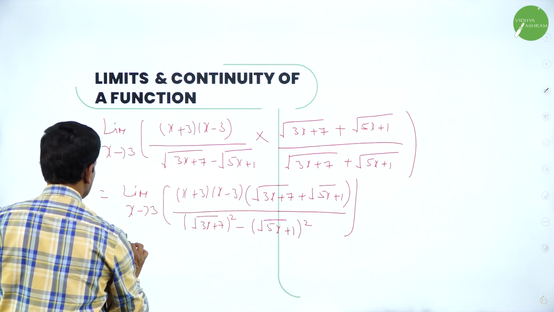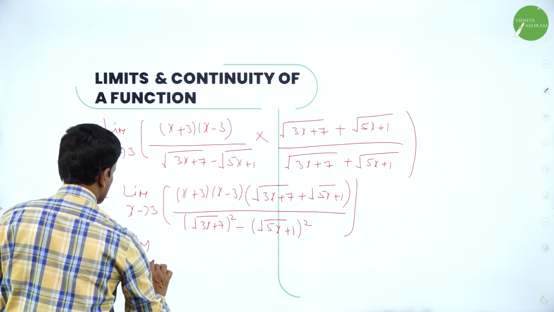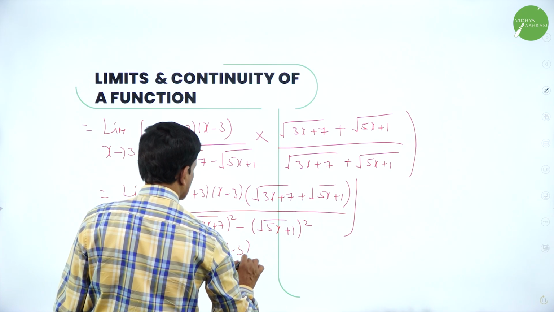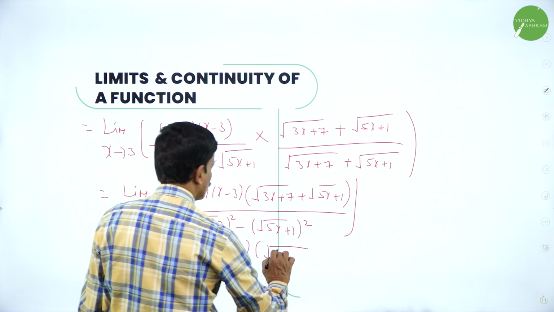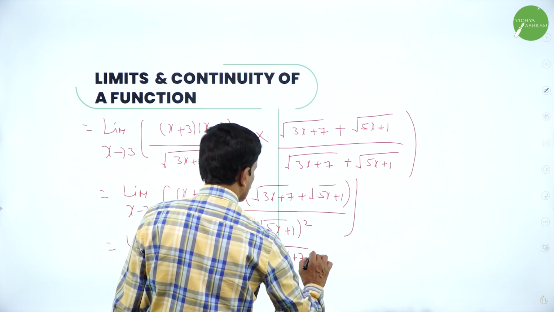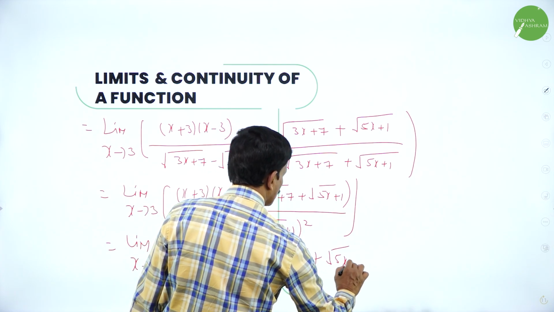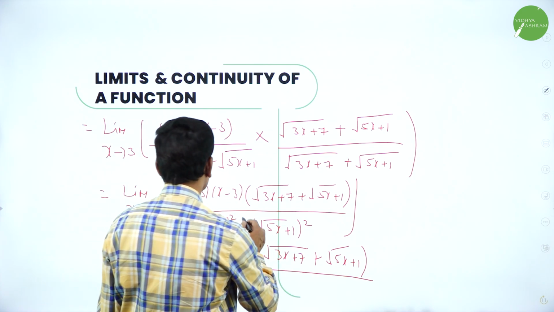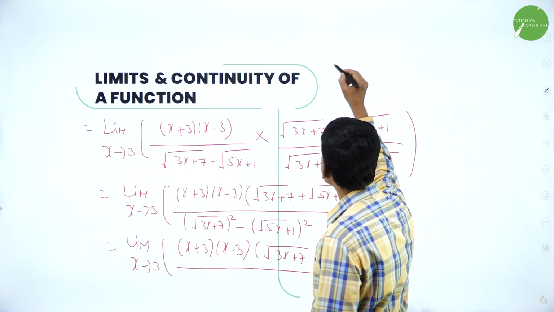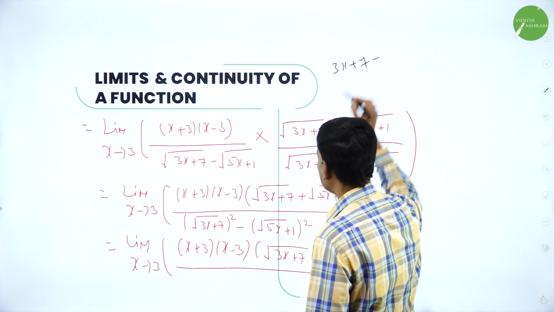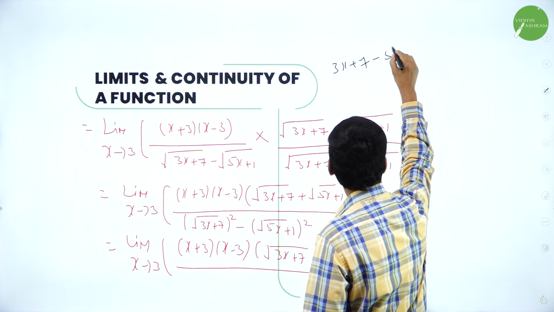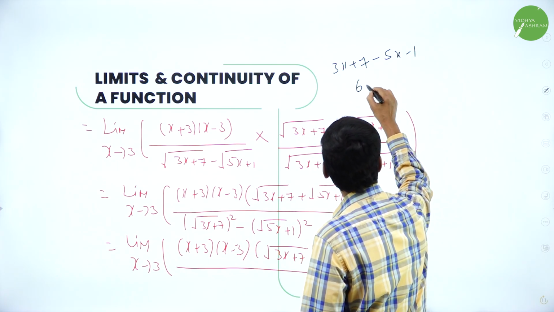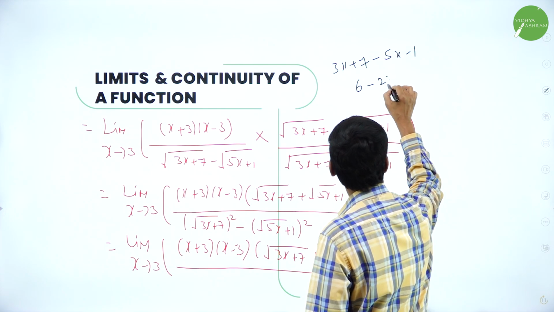So this is equal to limit x tends to 3 of, this is same x plus 3 into x minus 3 into square root of 3x plus 7 plus root of 5x plus 1 whole divided by, in the denominator, just simplify this, square root gets cancelled, we will get 3x plus 7 minus, multiply by negative sign, 5x minus 1. So what you will get, 7 minus 1 is 6, again 3x minus 5x is minus 2x,